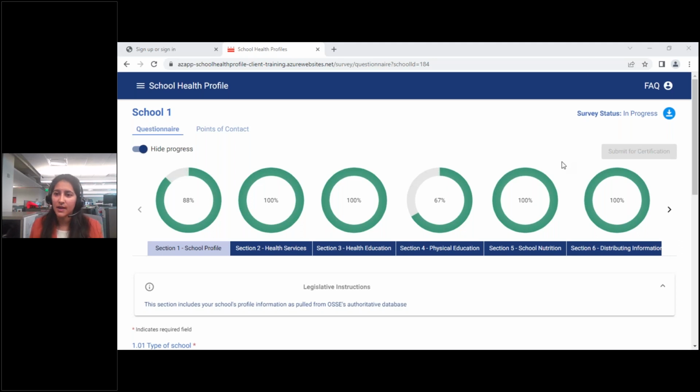All of you will start as not started, and that will change to in progress as soon as you change any of the data and save that data in the application. And when you've completed and submitted your profile for certification, the status will then change to submitted for certification. And finally, on February 17th, after your LEA has reviewed and certified the data, the status will then change to